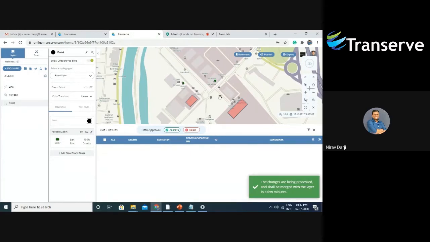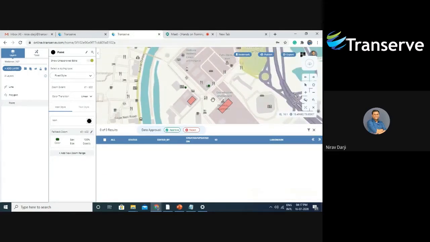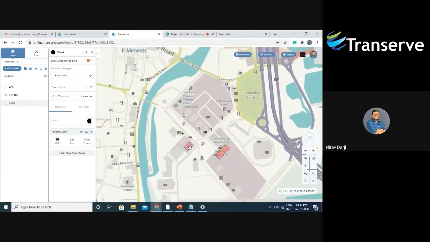So all the accepted features will take a little time to come on board, because the database which I've just created was just on the front end. Once it is approved, it will go to the server and bounce back to the front end again. That will take a little time, not more than 20 or 30 seconds. So moving on, this is what I've done.